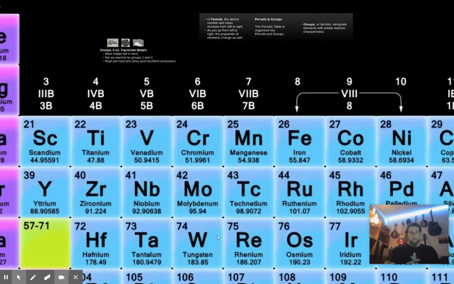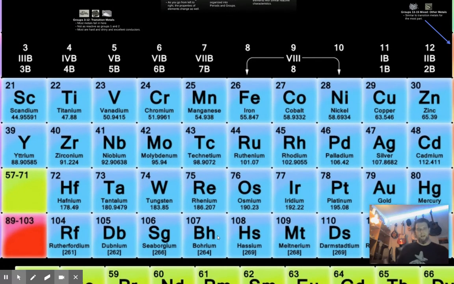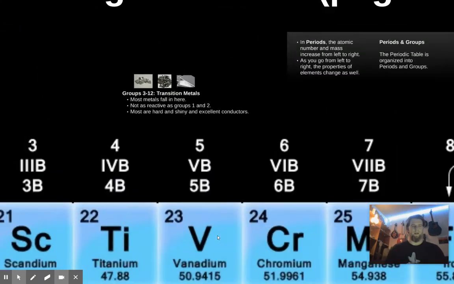Look at this group in here. So let me hop back. So this muddy middle group here, these are called the transition metals. Now, the reason they're called transition is they have what are called different valence charges. We're not going to get into it. But the other elements that we look at, their charges are always set. They don't change, but these ones do. Not something that we need to know. That's what we're calling them, the transition metals.